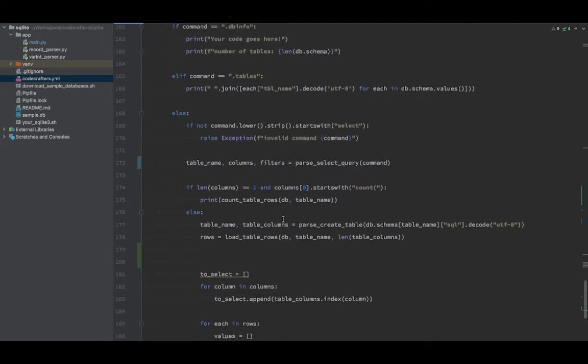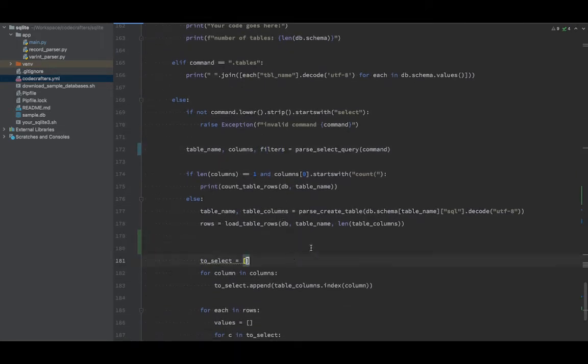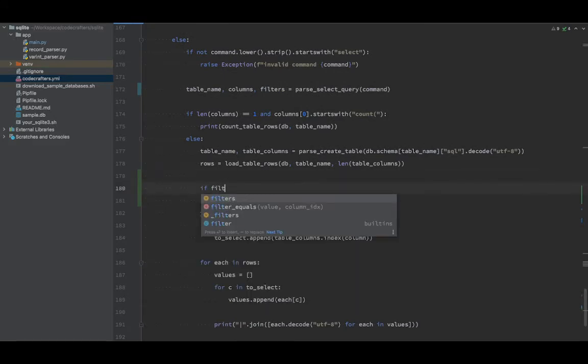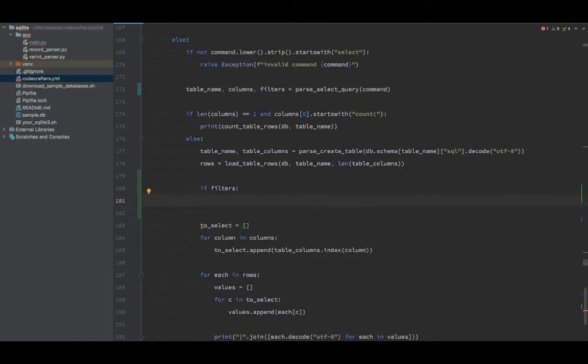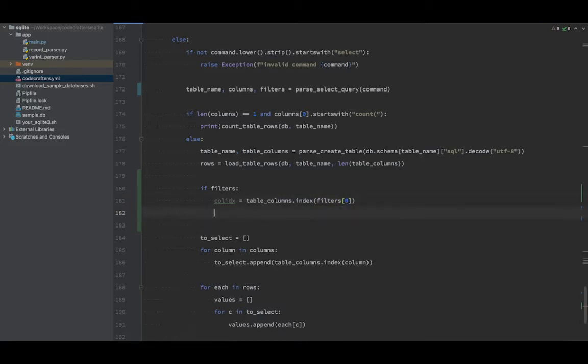Right, so where were we? Here. Now we have filters, and we can simply say if filters, then the column index is going to be table columns dot index of our column name, and filter function is going to be our filter function that will be available at index 1, and the value is,